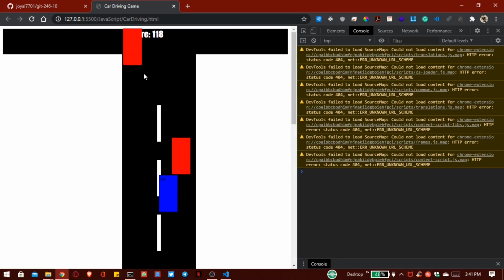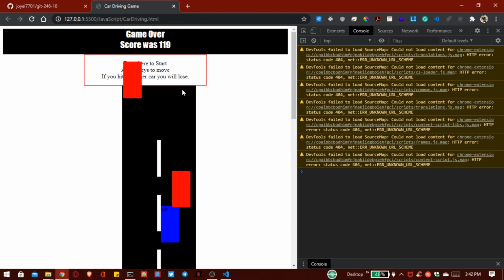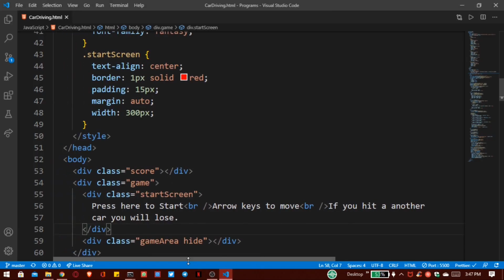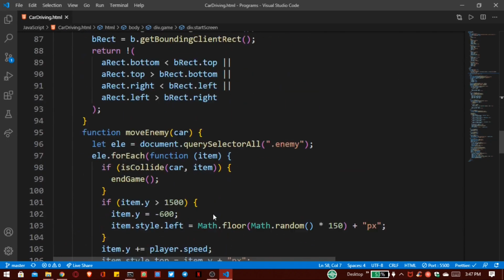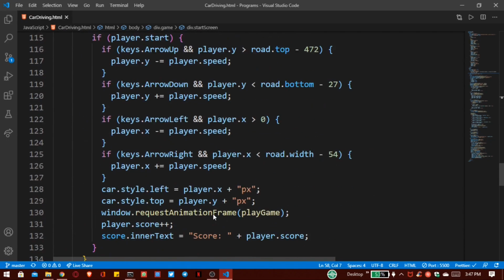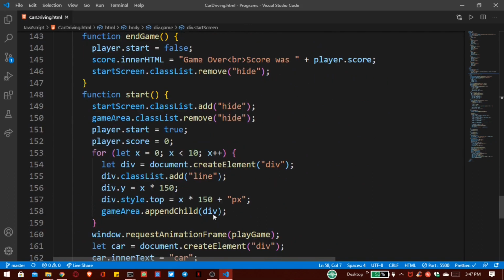And whenever I collide, you can see here our restarting game is not looking good. So let's add that functionality. For that we have to go inside our function start, and here we have to remove this game area class list hide, or you can add a comment here.